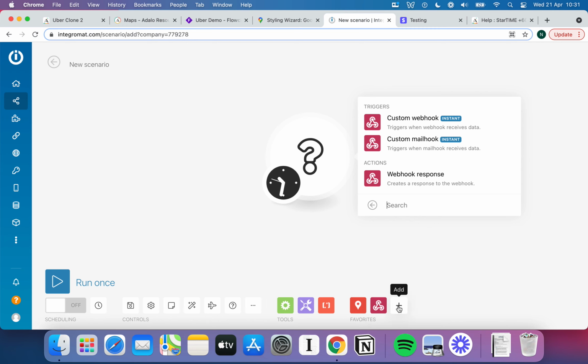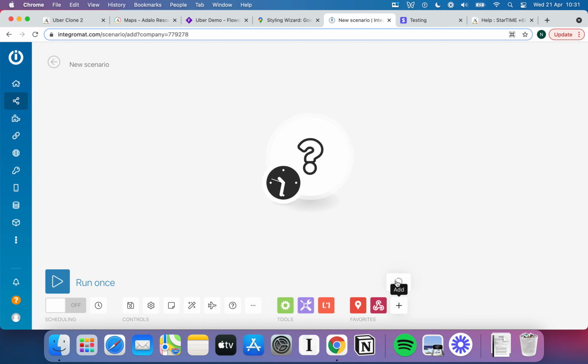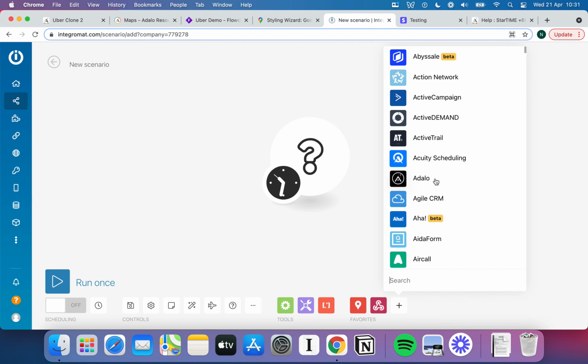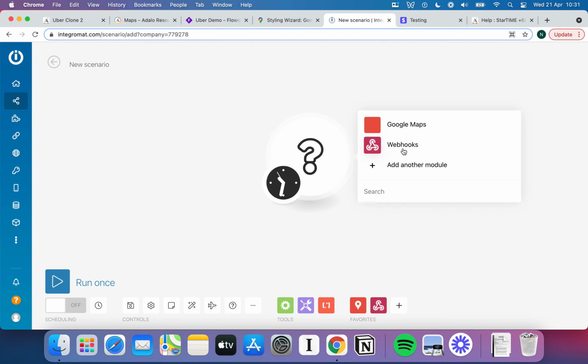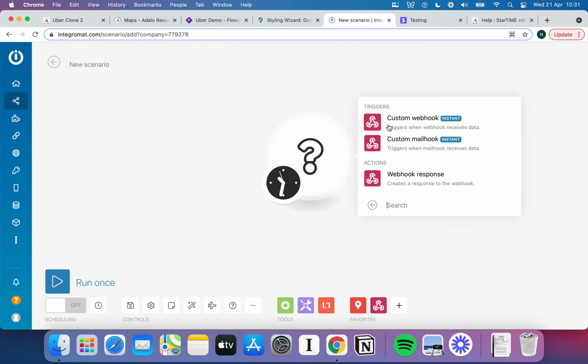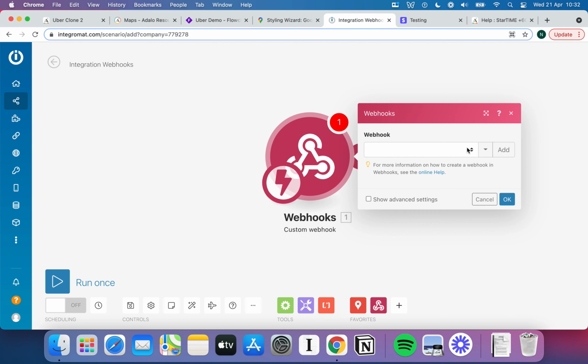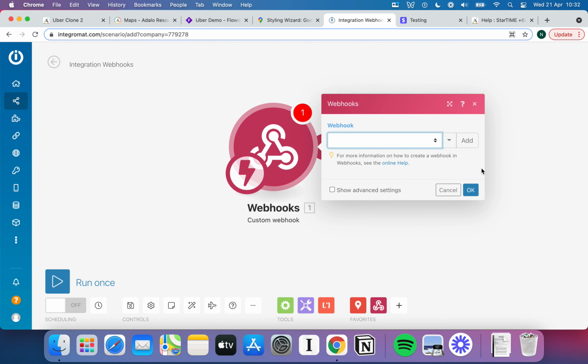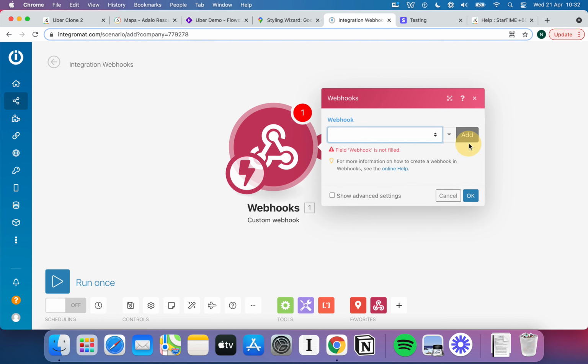You can find everything you added in, and you can also hit add if you want to add in another integration here. But we'll click webhooks, and we want to go for the first option, which is triggers when a webhook receives data. In other words, a custom webhook waits to get an API call. Now I've already set up this Adalo hook, but I'm going to do a fresh one just to show you how it works. So if I hit add, sorry,